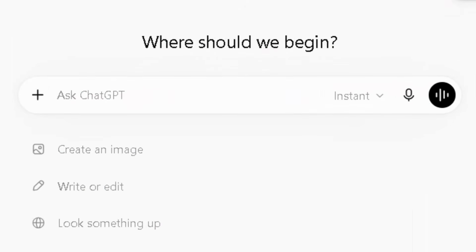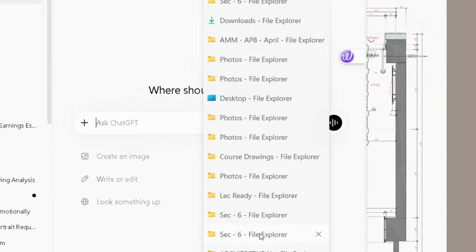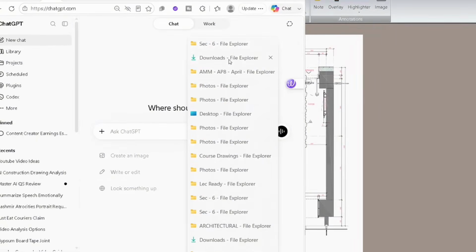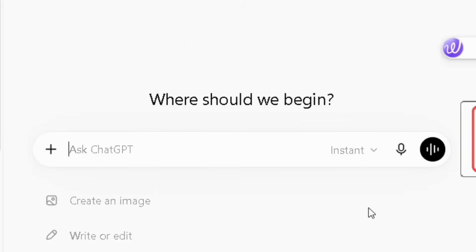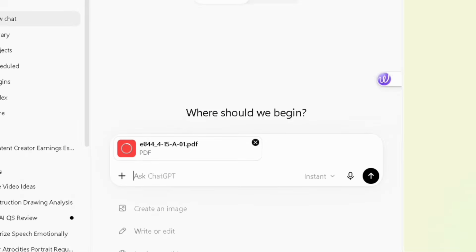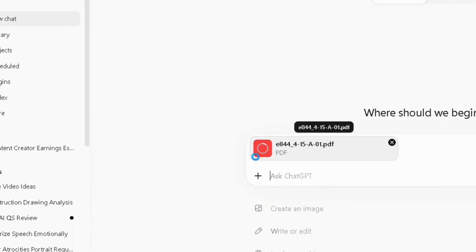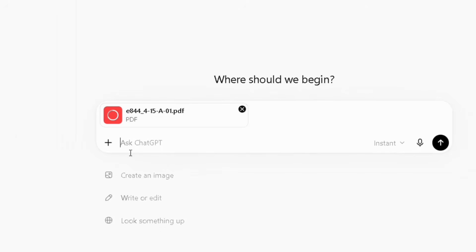Okay. So what I will do, I'll go to access this file and I'll drag and drop it here, right? So as you can see, the file is already here. What kind of prompt, it's really up to you. But for me, what I'm going to write is